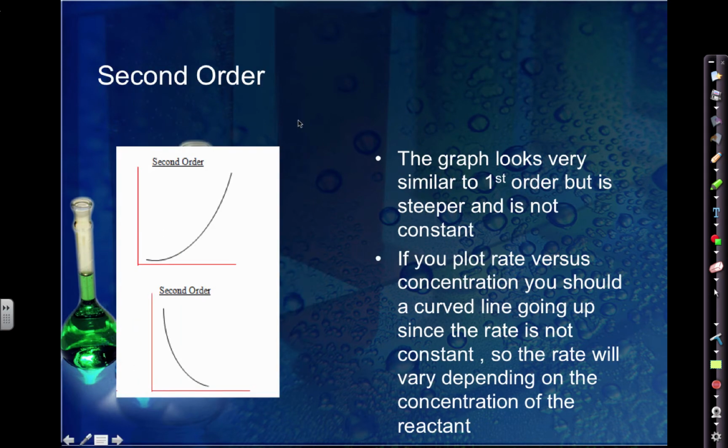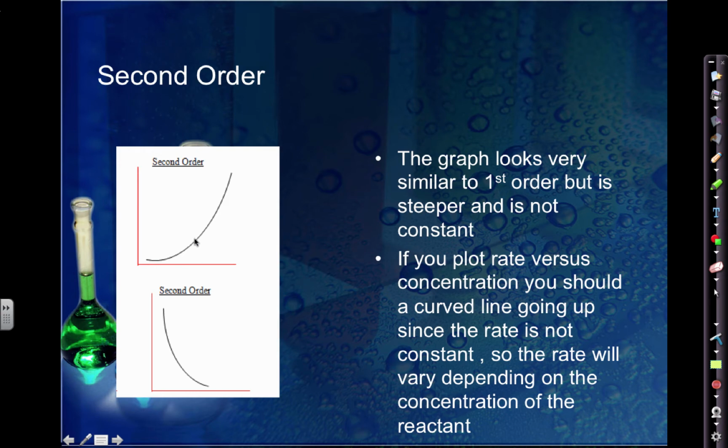So with a second order reaction, it looks very similar, except if I plot the concentration versus time, the curve is much steeper. So if I were to take the rate, which is the slope of this line, and plot that against the concentration, this is what I'm going to see. I'm going to see a line going up, but instead of it being straight, it's going to be curved because the